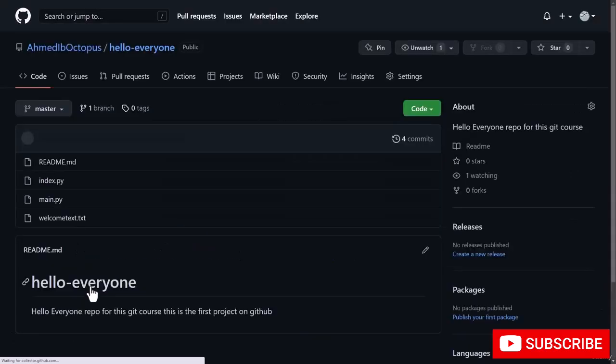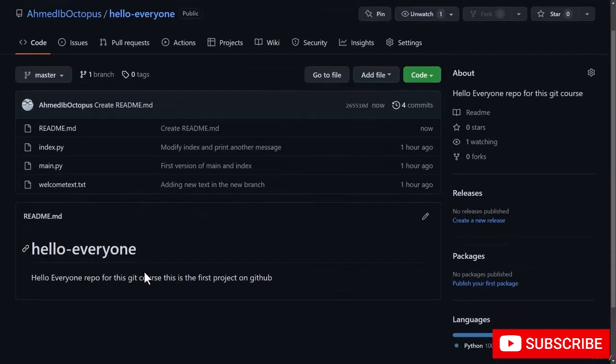Once you create the README file with the markdown language, go back to the hello everyone repository and you will see this README file is created successfully. This repository has been updated, and you can see this is a preview of the README file here. You can add a full description or full instructions about your repository by using the README file, and this process is so easy. And in the next section, I'm gonna show you every single thing you need to know about the